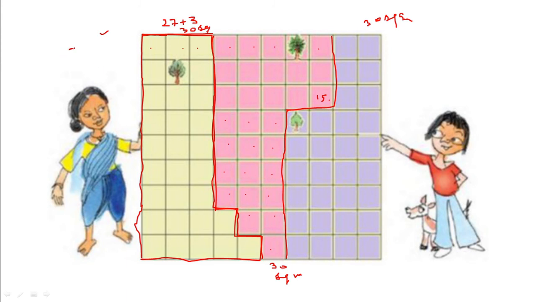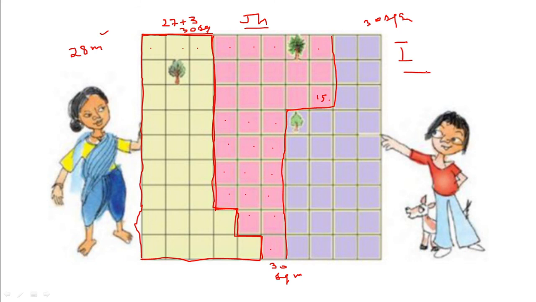So, the first child, Chumki, needs 28 meter. Okay. In this way, you can find the length of Jhumki's field and the length of Imran's field. So count the squares and it's your homework. What is the length of Jhumki's field and what is the length of Imran's field?